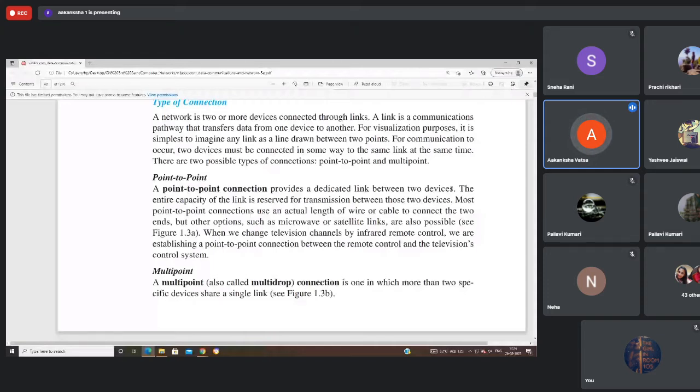So most point-to-point connections use an actual length of wire or cable to connect the two devices at the ends, but the other option is that microwave satellite links are also possible. Now suppose you want to have a dedicated link to your friend's home, and you want that anytime you call there should not be any congestion. So you can have a direct wireless connection, microwave connection, or satellite connection also, or maybe a telephone line to connect to that